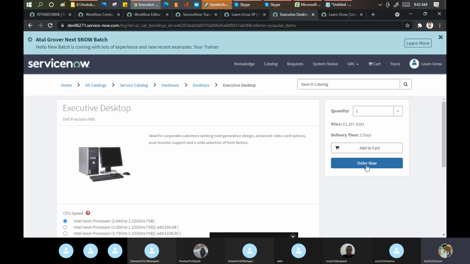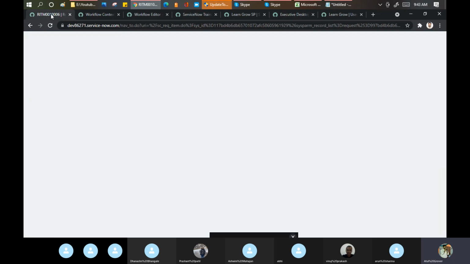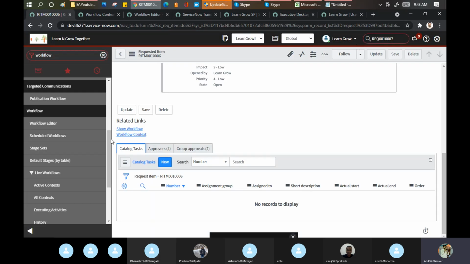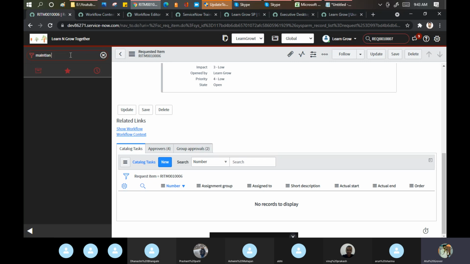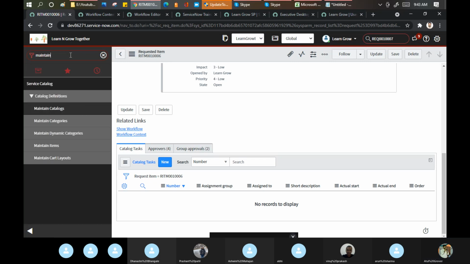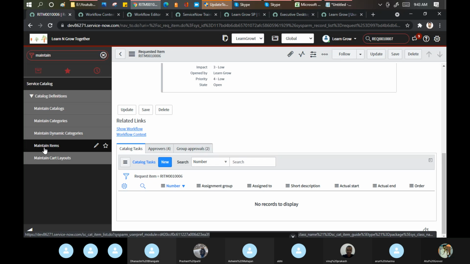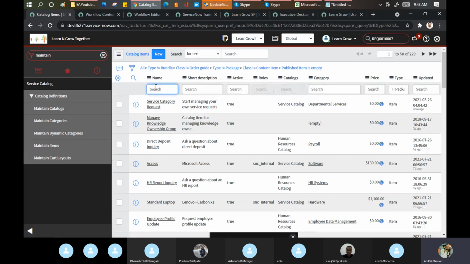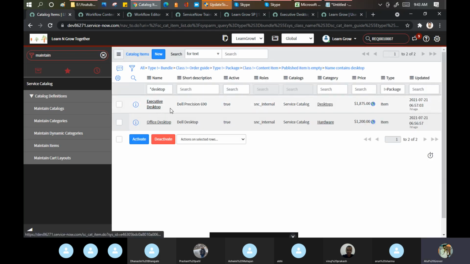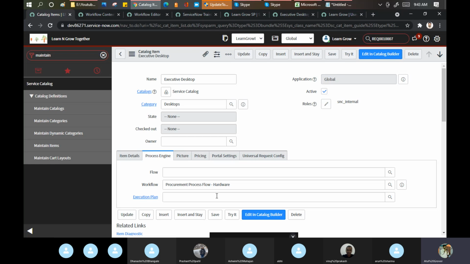Click on order now, and then open the request in a window, and via workflow check how it has been driving it, why it is going for the approval, how the task is getting created. If you want to know the workflow name, simple, go to maintain item and search for the desktop. This one, because we are going to exercise on this one, and open this workflow. You want to see how good it is?